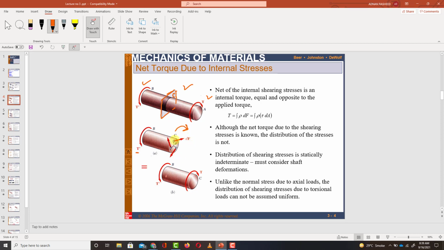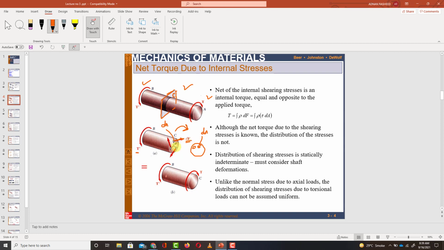So if you take this circular section, like this is the circular section, and you divide it into small areas, which is dA, that is also represented over here. So if you divide this circular cross section into small areas, let this be dA, all are dA, the same differential area. Clear? So there will be a shear force acting on that area, which is also represented as dF.